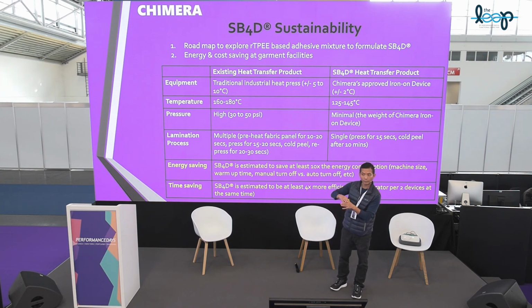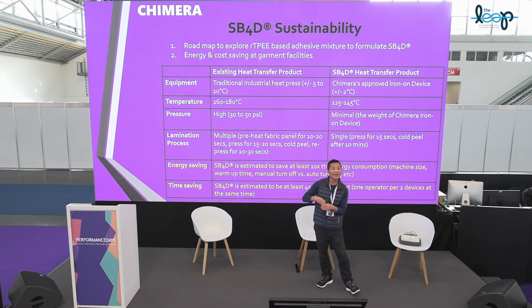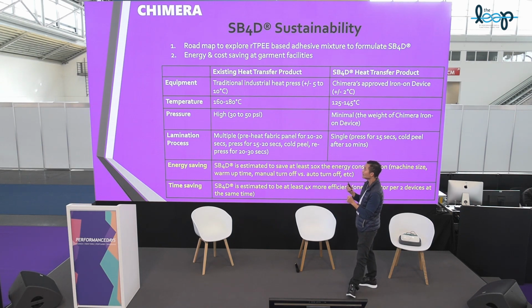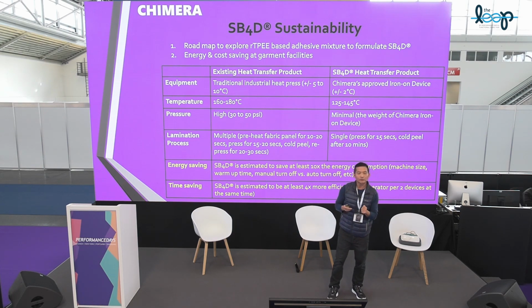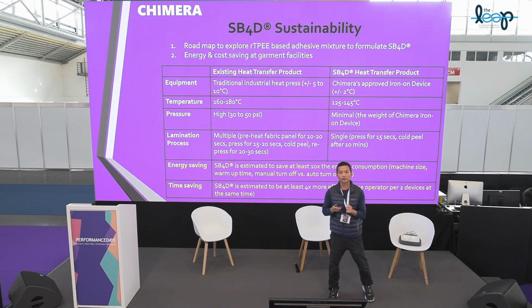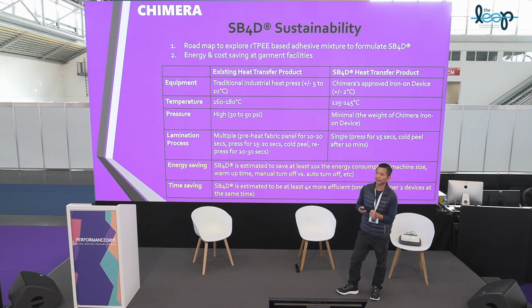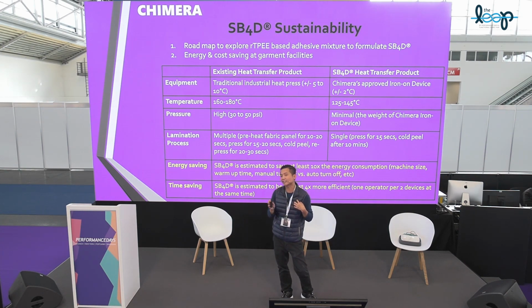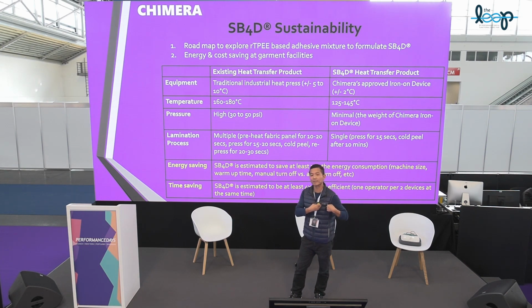And then wait until it's cold, they peel it off, and then having to repress for 30 seconds. Okay, like I say, just trying to get any adhesive to penetrate through the fabric, but at those conditions, they are super stringent, and they are super destructive to the fabric itself. A lot of times after those application protocols are executed, you will see there is a lot of damage already